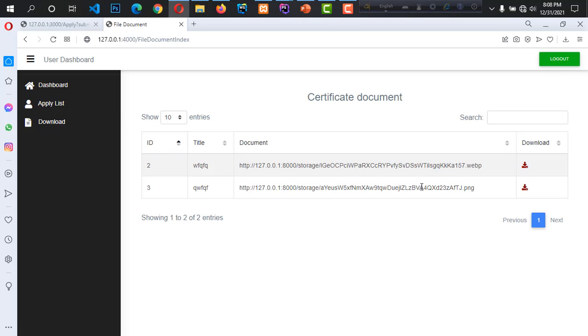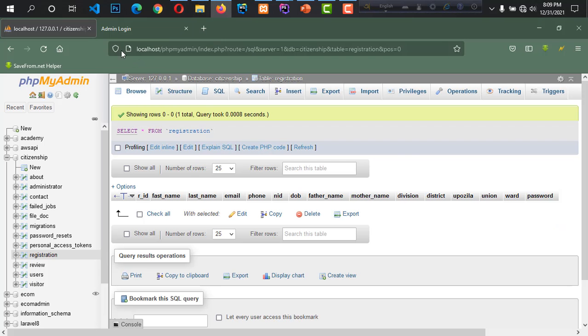After public representative accepts my application, then I can download it by clicking this button. If I click this download button, then I will be able to download the certificate that was accepted by public representative. So that's all the user interface.